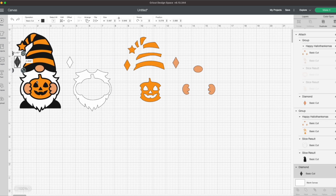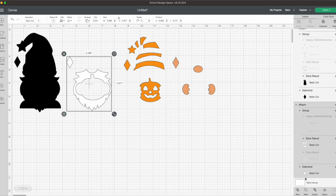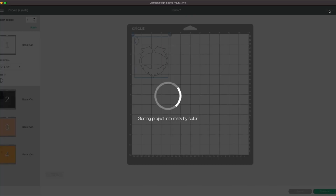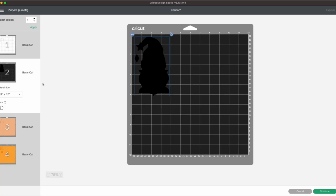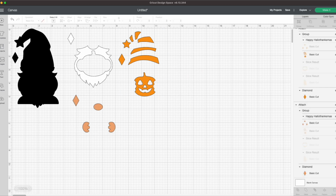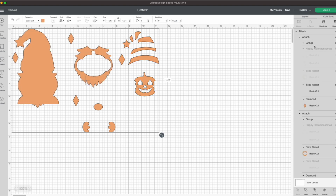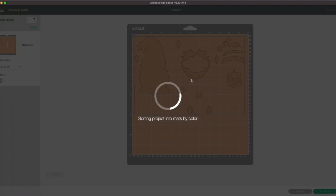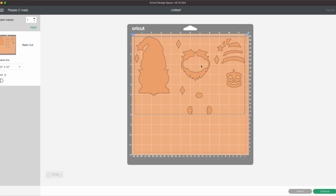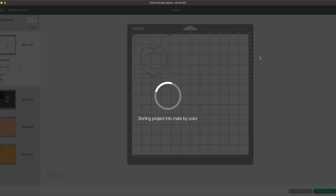Turn that white, select attach, and then get rid of everything, turn that black, select all and attach. You got your 4 colours and they will cut on individual mats. So you can also put them all on the same mat and use like the snap mat feature, and if you've got a load of scrap bits of vinyl, you can place them in the right place of where they need to cut. But you would just need to remember which colour is which, because once you attach them, they all turn the same colour. So I'm not going to do that because I'm likely to forget which one's which. So I'm going to just cut them all separately,